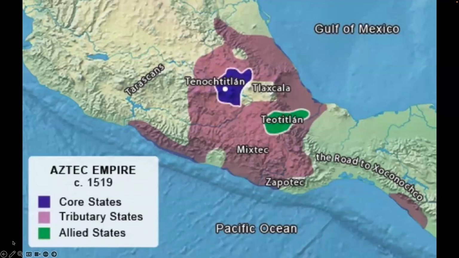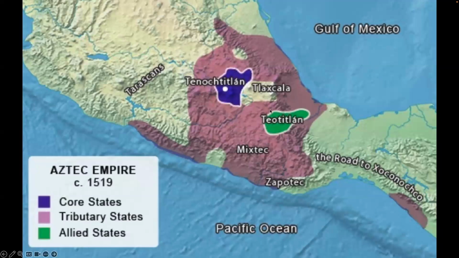So, here's a brief graphic of the Aztec Empire circa 1519, right? So we can see here Tenochtitlan, which we know today as Mexico City, was the core state, the ruling territory here. This is where the Aztec emperor lived and maintains control. You can see all this pink area right here are going to be those tributary states, right? Those individuals that, as long as you paid the tribute, as long as you gave them what they asked for,